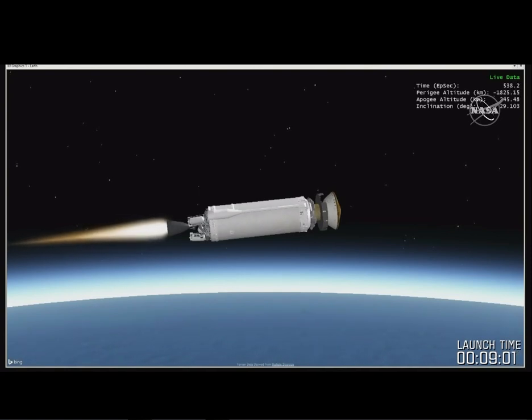So we get our spacecraft customer, the JPL folks, they come to us. They have some certain requirements that they need for this mission. The Launch Services Program, made up of engineers and flight analysis folks, look at everything, help define those requirements, and then we go out and procure a vehicle from a commercial partner. In this case, it was the Atlas 541 for the Mars 2020 mission that was needed for performance, right? You and I have talked over the last several days, Josh, one of the things that was important for us to look at was that performance, to be able to get Mars 2020 onto that transfer orbit into solar orbit